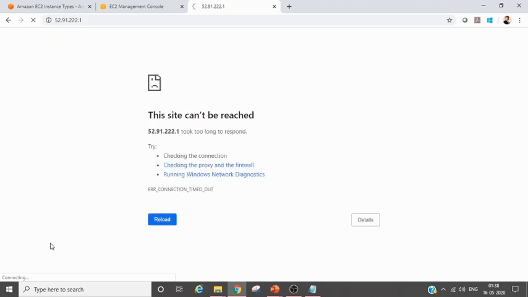It's showing connecting here, right? You can see it here, and it would time out. It will not be able to reach there. Maybe after 60 seconds or so, yeah, it is showing not able to respond, right?